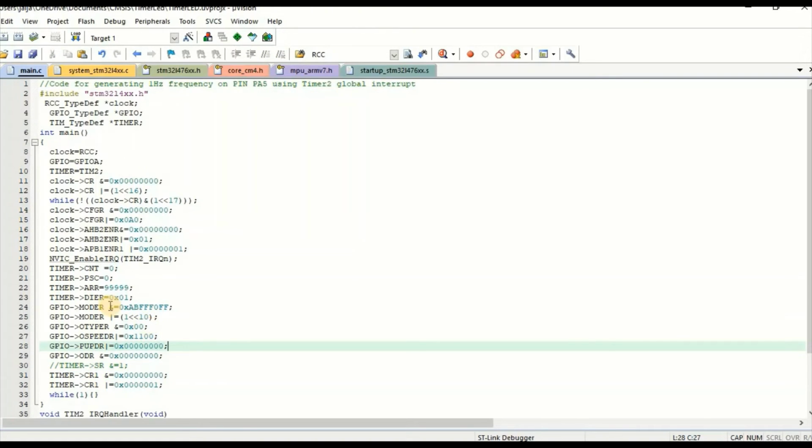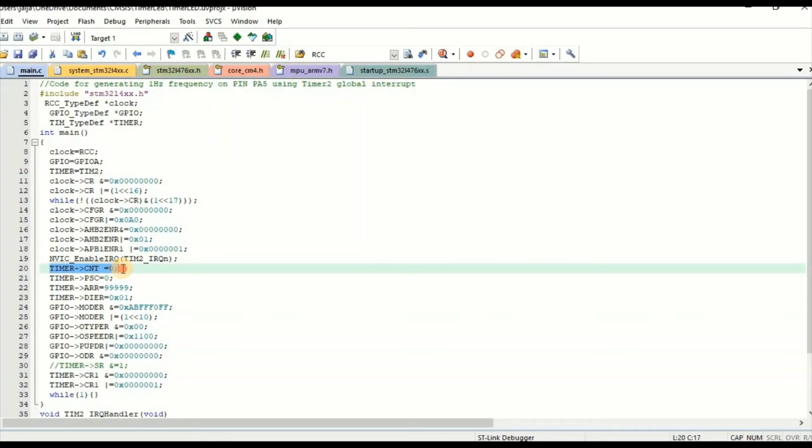So let's see how we are calculating the timer update frequency and how we are giving a value to each register. This is the timer count register of timer 2. With each increment of the clock it will count its value up from 0 to 1.